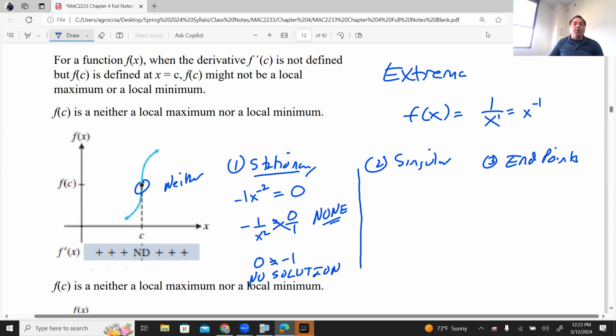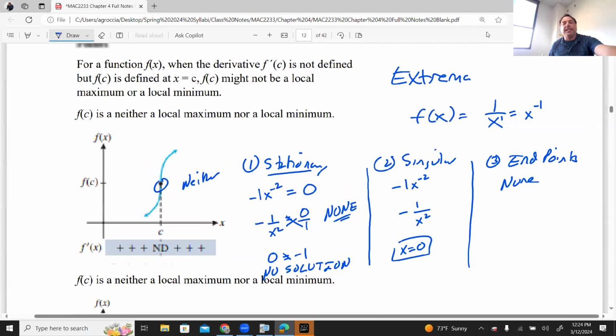Now, when I look at the derivative, which is negative 1 x to the negative 2, or how I like to write it, here's why, negative 1 over x squared, do we have any singular points? What is it? 0. If you plugged in 0, you would get undefined. And again, see that whole rewrite it? Like, I don't want to rewrite it. Here's how it helps to rewrite it. Then, were we given a domain or anything in the beginning? So is there any endpoints? None. So when I make my little table,